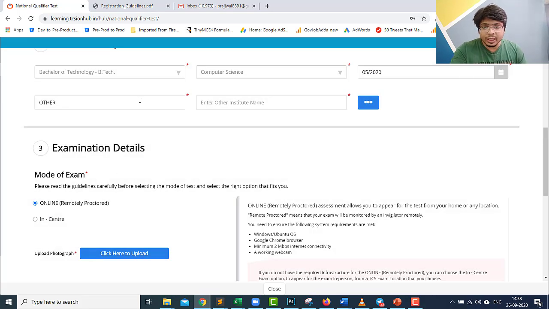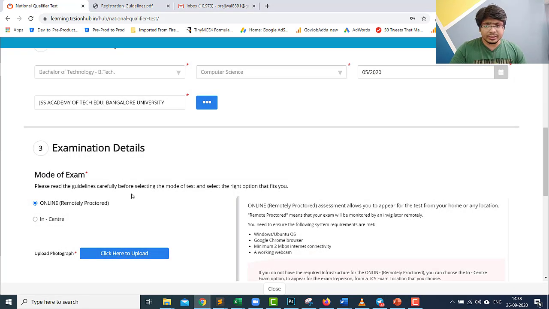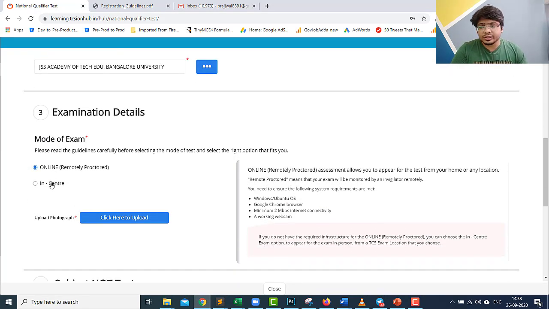You select that, and then you will see a new box. You have to enter your institute's name properly there. Make sure that the name is actually correct and based on your certificates, and then leave it the way it is. You don't need to click there again. In this case I'll just select the institute that was already listed in my case.